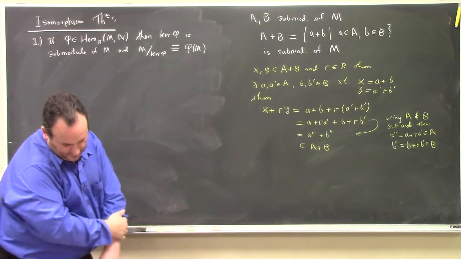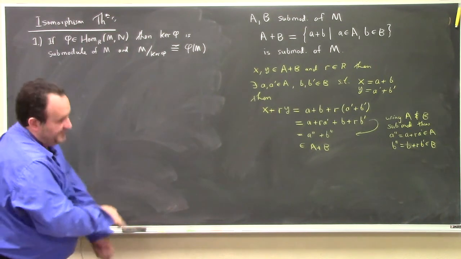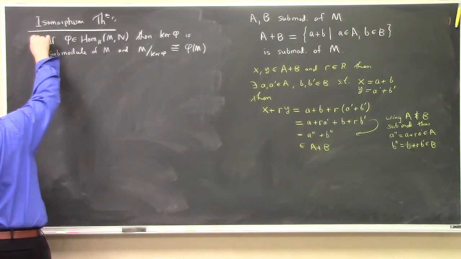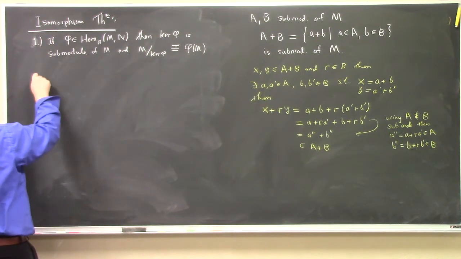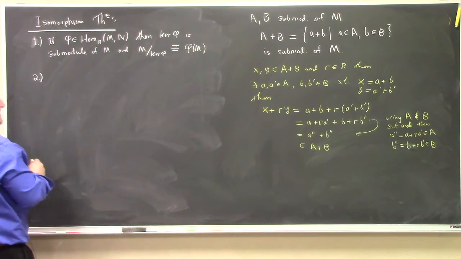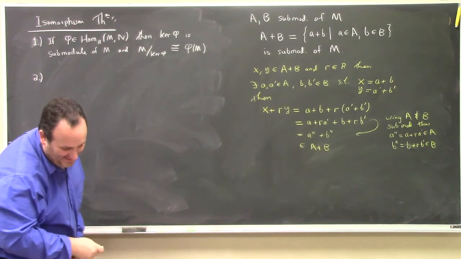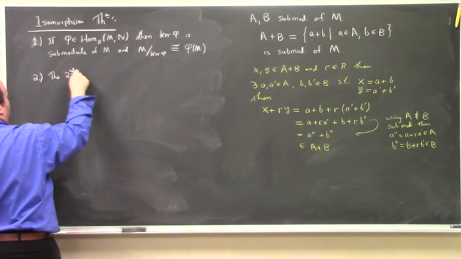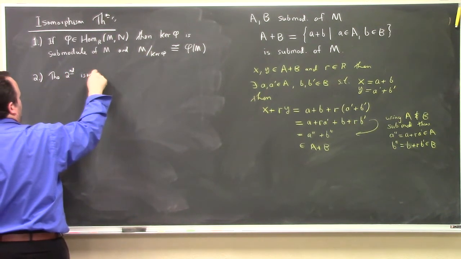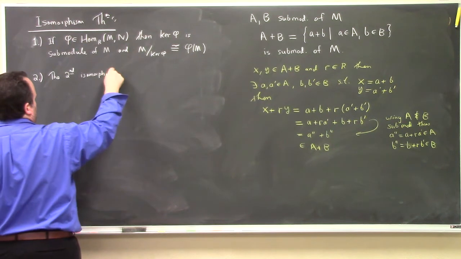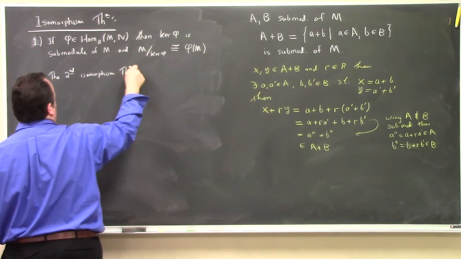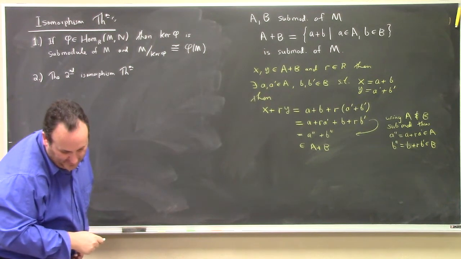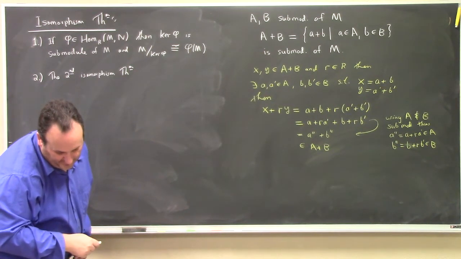That's our song and dance. That is the first isomorphism theorem that every linear algebra class should cover, but few do. Let's see here. The second isomorphism theorem, as he calls it, is that if you have A and B submodules of an R module M,